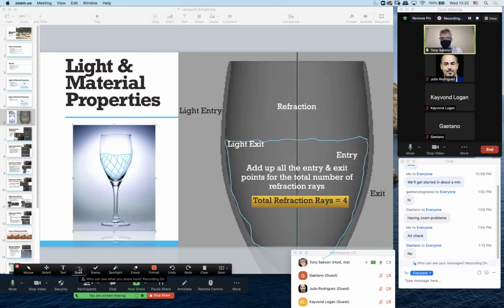So we still have our light ray coming in. It's going to bend according to the index of refraction of the glass. Now it's going to hit immediately another surface. This surface is going to be treated like a solid,